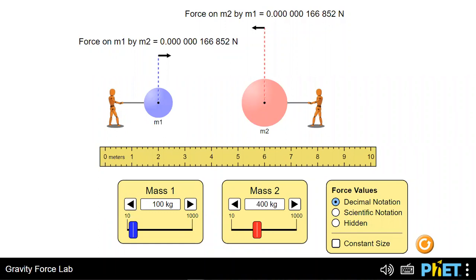The moment that we click the PhET simulation Gravity Force Lab, this is what we are going to see. We have here our mass 1, which is in blue, and our mass 2, which is in red. We can notice that we have the vector arrow here, which represents the direction of our gravitational force. So we have a value of force on M1 by M2, or the force by 2 on 1, which is